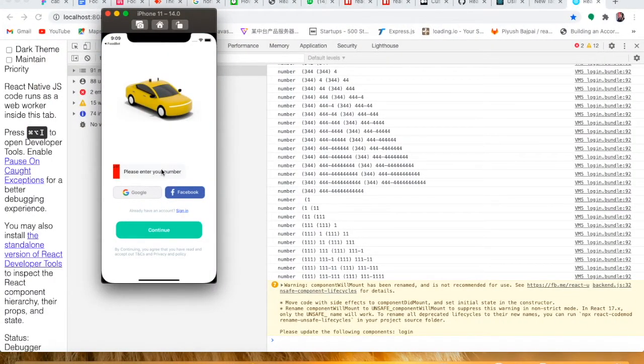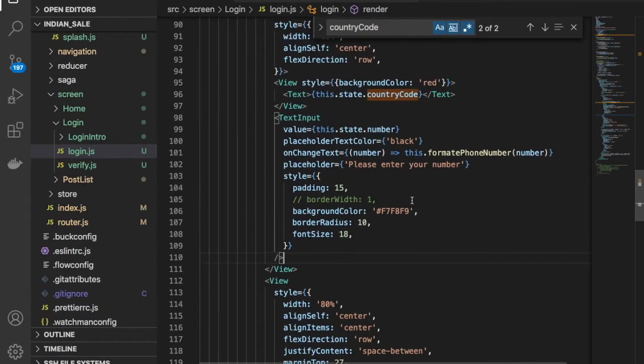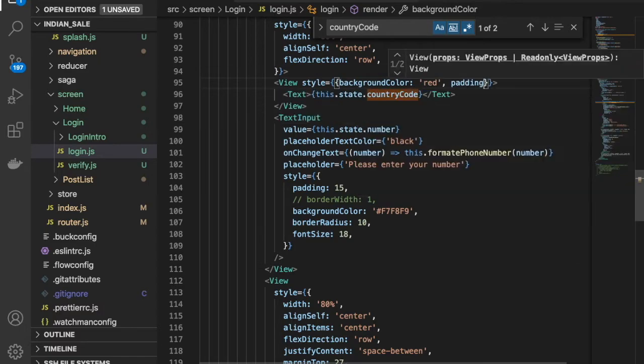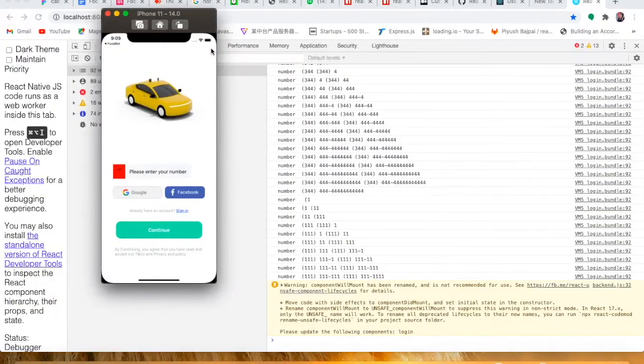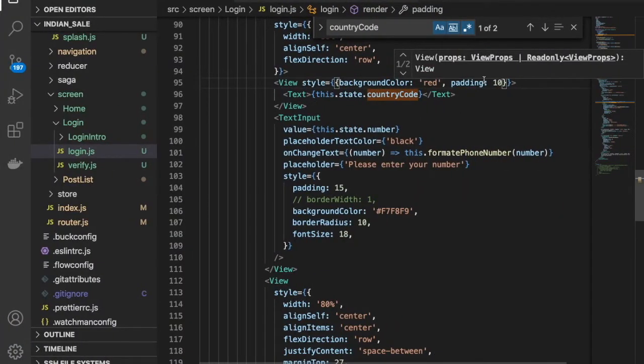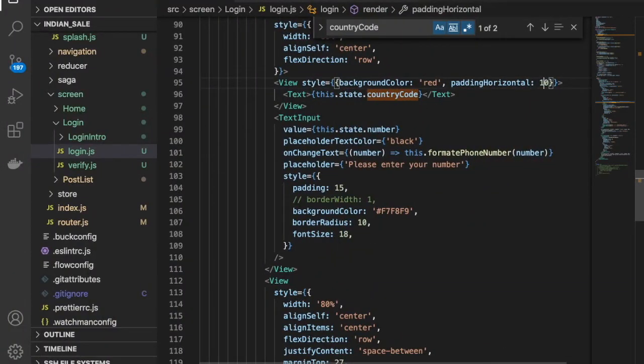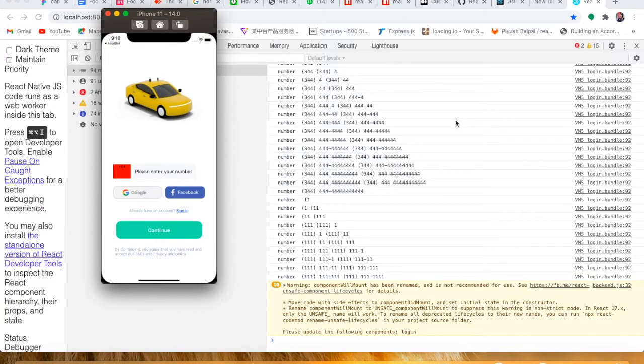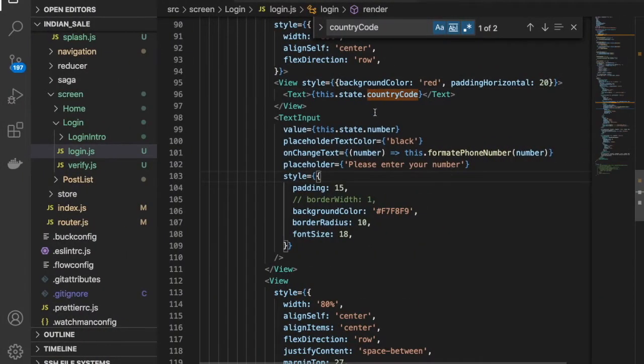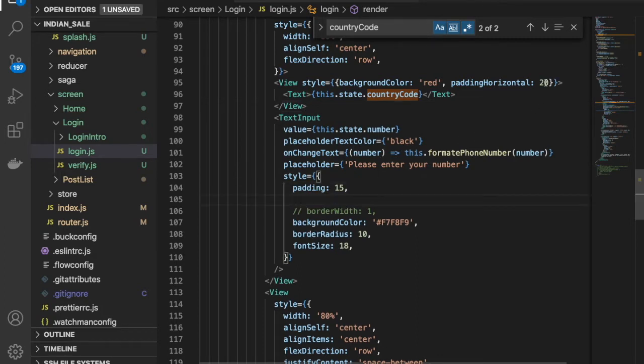Now you can see here guys, this is not perfect looking, so just provide the padding 10, padding horizontal 10, and other than that you can provide 20 as of now. Perfect. And here we have the style, so the same thing we can provide here also.